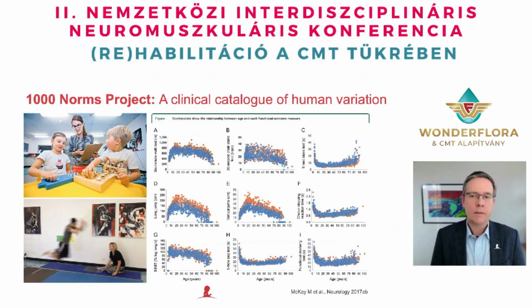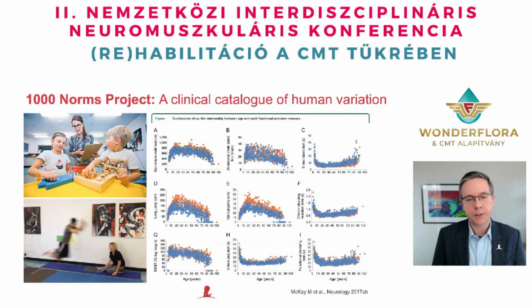We've actually generated over 1 million data points of people without CMT across a whole range of different measures, so then we can understand exactly what to expect when you're 5 years old, when you're 10 years old, when you're 20 years old, when you're 70 years old. So we therefore know that if there's an impact or a response to treatment, we know that it's because of the treatment and not because of the child naturally getting older, getting stronger,